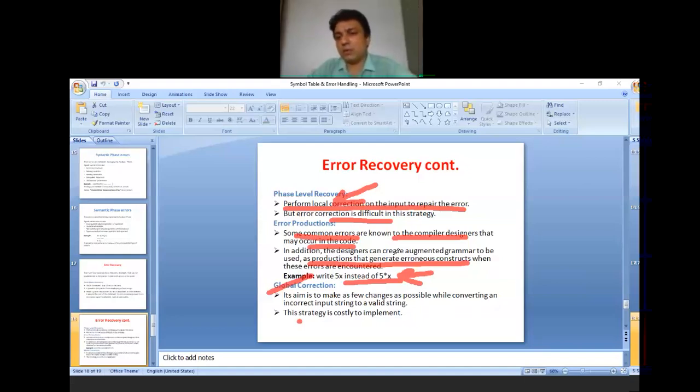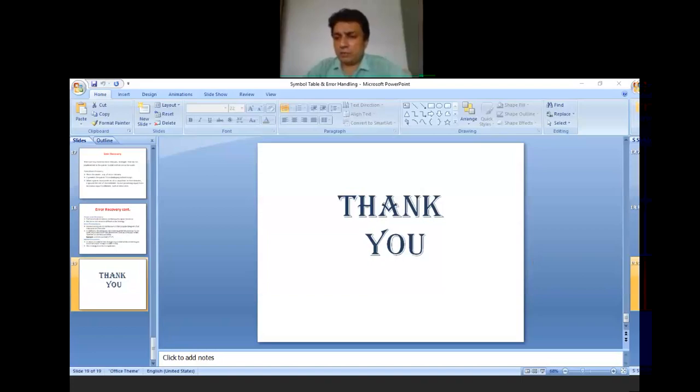In the next class, we are going to study the new topic known as bootstrapping and cross compiler. Up till today, we covered the compiler, interpreter, their definitions, their differences, and all the phases of the compiler with their explanation. In addition to that, we also covered the symbol table and the error handler, which is used by all the phases of the compiler. So in our next class, we will study the cross compiler and bootstrapping.